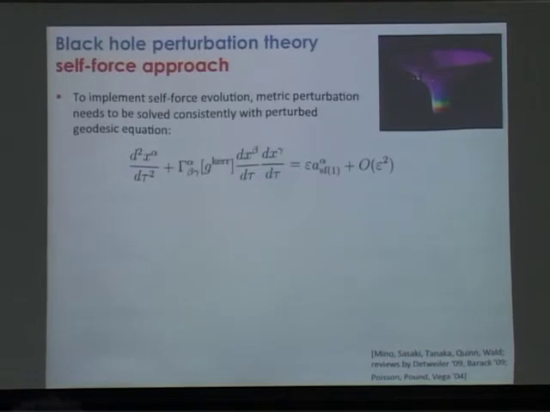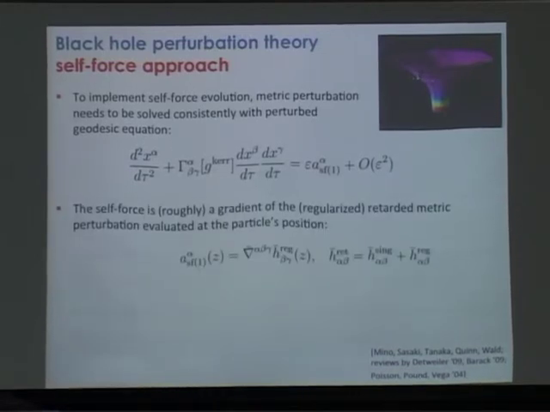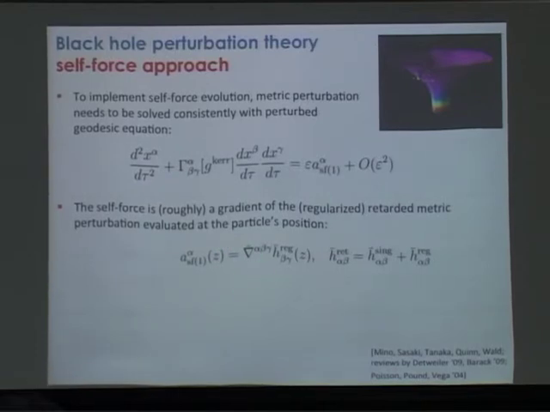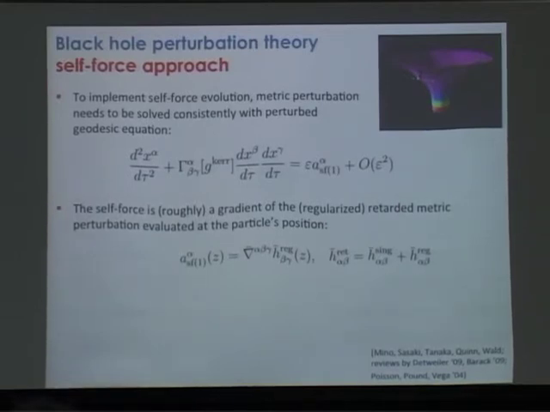So the basic procedure now to do this self-force evolution is, we wrote down this equation before. You have this geodesic equation supplemented by this self-force. The self-force is a gradient of essentially the metric perturbation. But it's not the entire metric perturbation, because the metric perturbation has a piece which diverges at the location of the particle. If I imagine this point particle, it has a Coulomb-type divergence. So when you actually compute this self-force, you need to subtract out this singular divergence. Okay, so that's ultimately the procedure that you have to do.